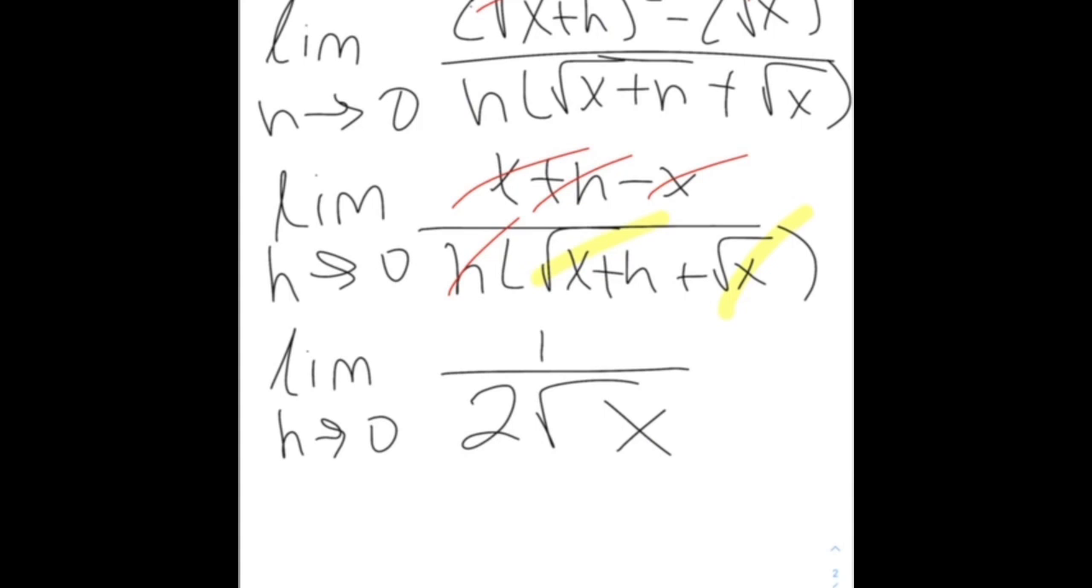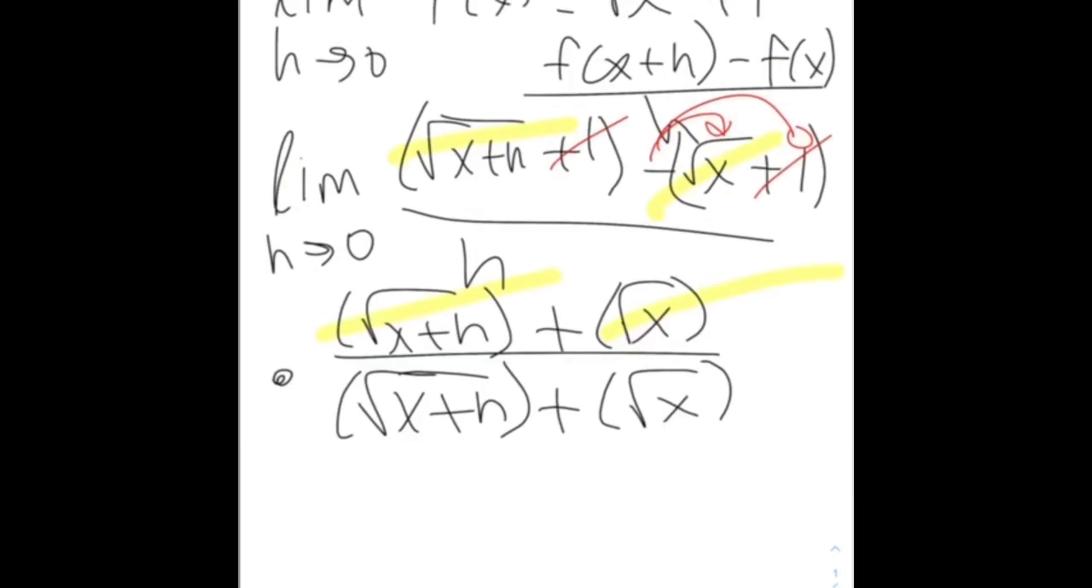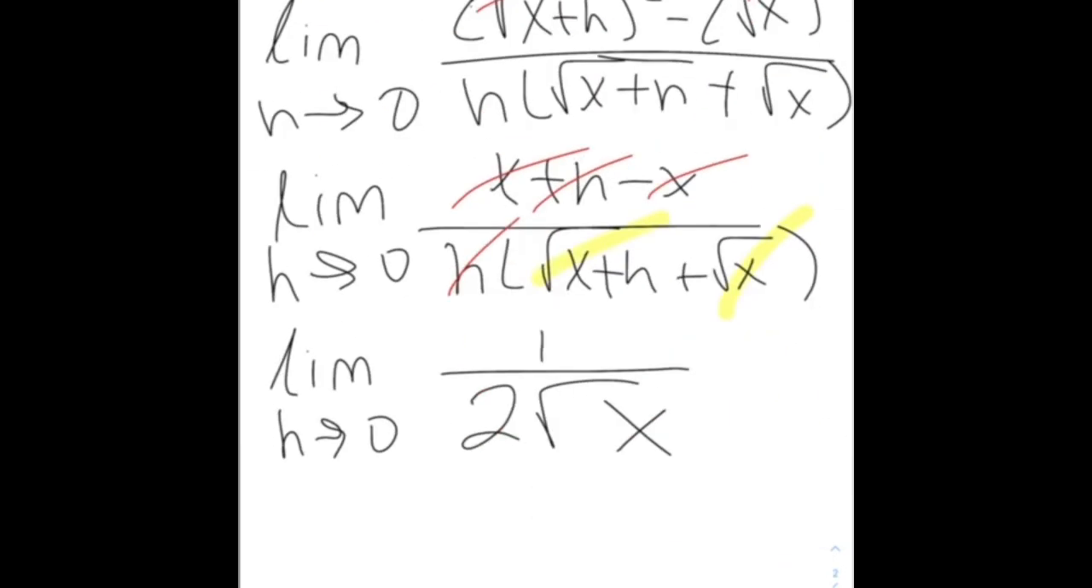Therefore, our answer, what we are looking for, the limit of h approaching 0, is f prime, or the derivative of f. So we can write this as the limit of h approaching 0